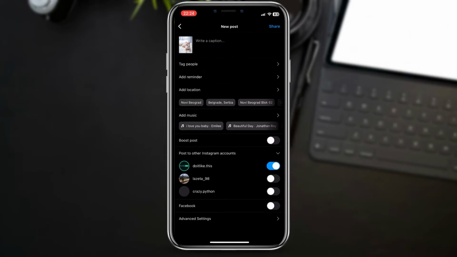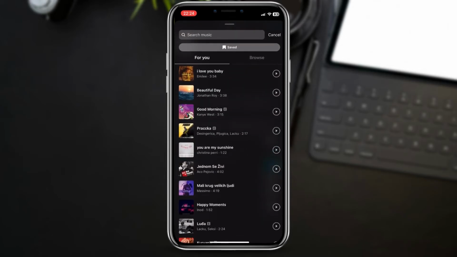If you don't see the button, go and reinstall your Instagram. If that is still an issue, you just need to wait a couple of weeks till this feature comes to your account. Now when you click on this button, the pop-up window will show up and you can search for